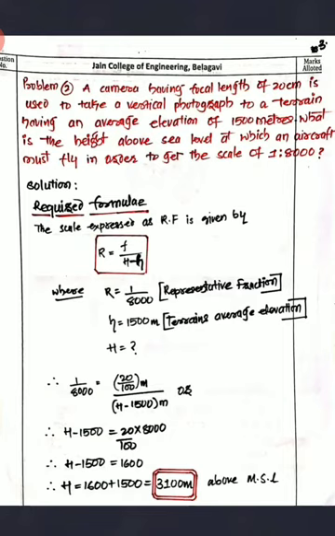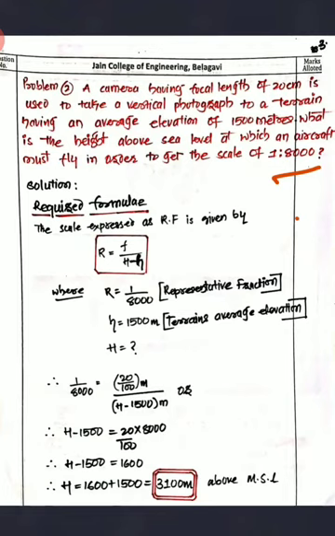Now here in this problem, if you analyze it, they have given the focal length and they have given the small h, the average elevation of the ground, that is 1500 meters. Along with that they have given the scale, that is 1:8000. Now see this 1:8000, this is the representative factor. If they had given the regular scale, it may be 1 centimeter is to something on the ground, but what they have given here is a representative factor.